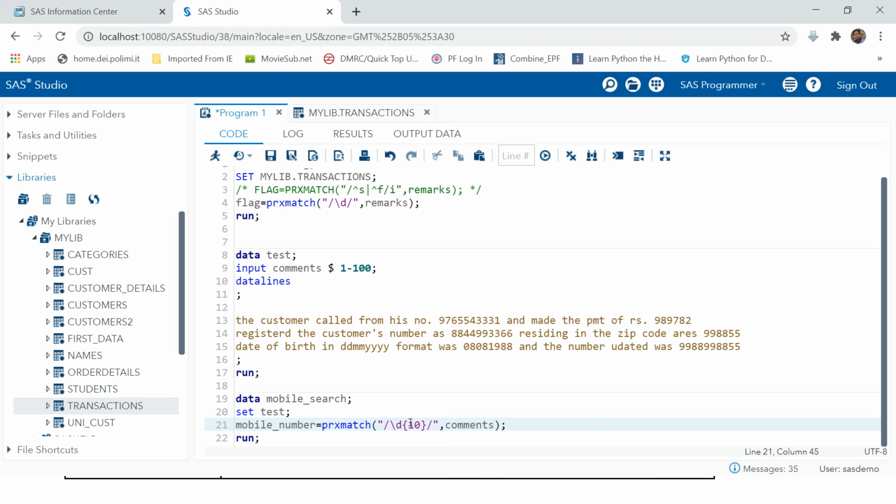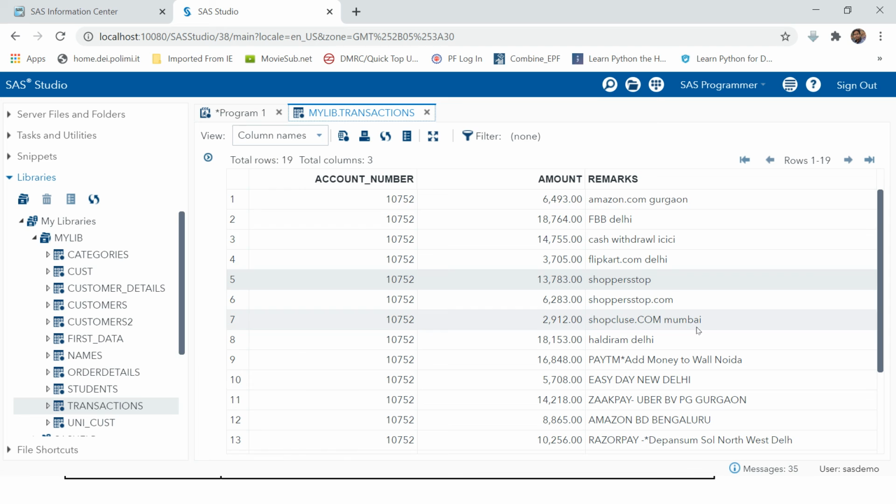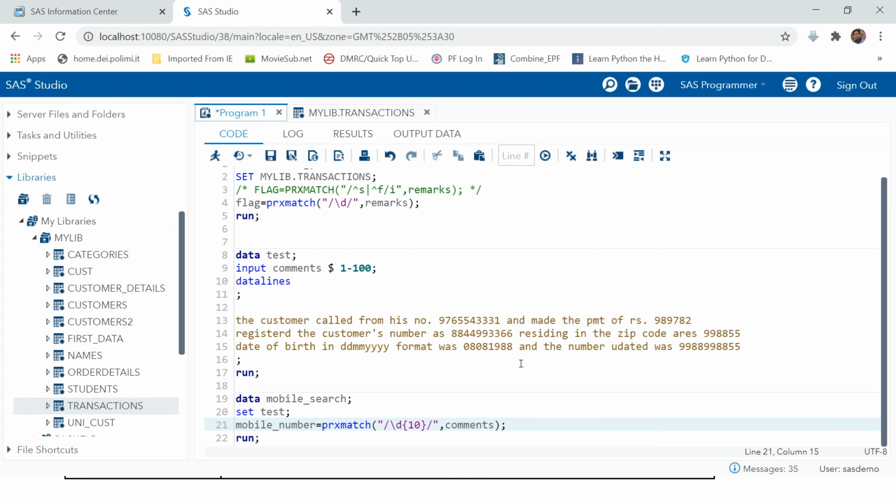Now first let's figure it out. So now we know which strings contain a mobile number and which strings do not contain a mobile number. Now we need to separate them. To separate them we can use substr. You might have seen my previous video. If you have not seen it, the link is given at the upper right corner. You can go ahead and watch the uses of the substr function, and that will help you.